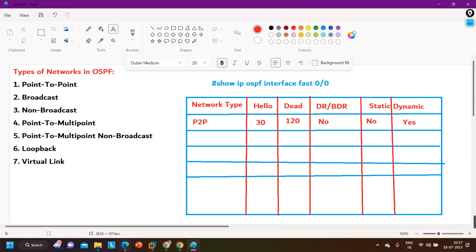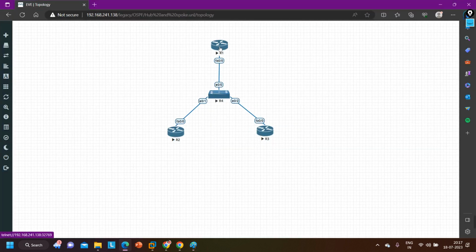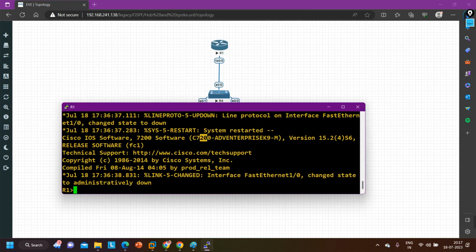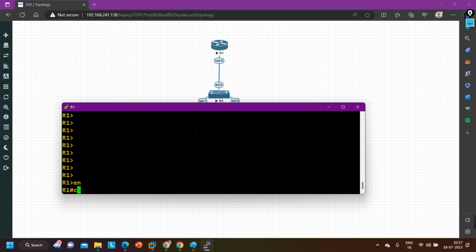And just let me verify, Nirav, on a broadcast link what is the hello timer. I think it should be 10. Broadcast, I'm sure, but for point to point,